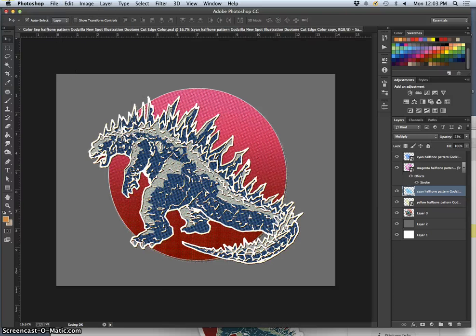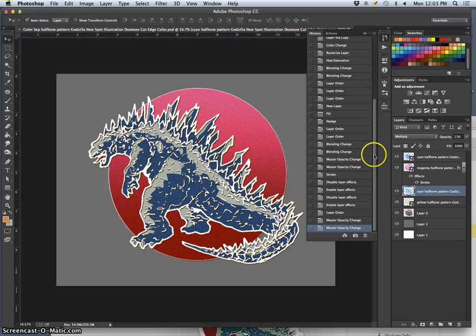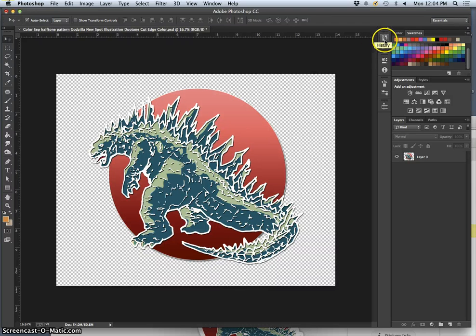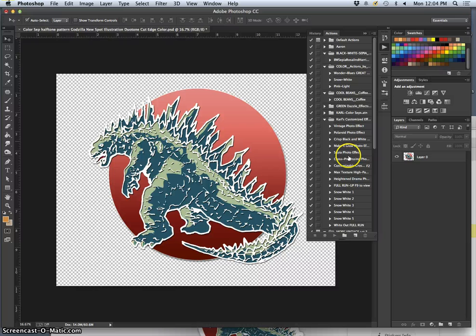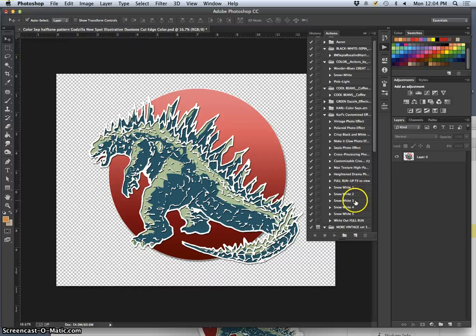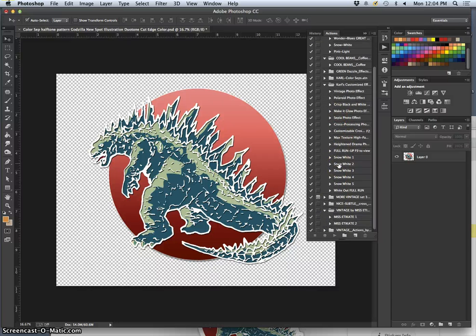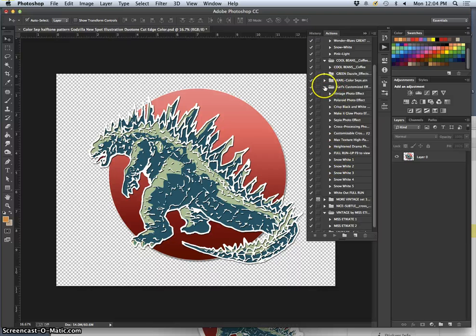Now the last thing I'm going to show you is how I've automatized this for you. So what if you just have your PNG? You go back to when that was. So I just have my PNG. It's in RGB mode. So this is just like the one you turned in, and you want to try out this color separation thing. Well, if you go to your actions and you go to Carl's Customized Effects, you will see a folder. Oh, where is it in actions? Oh, color seps. It's right above Carl's Customized